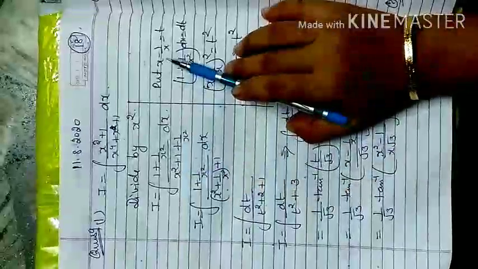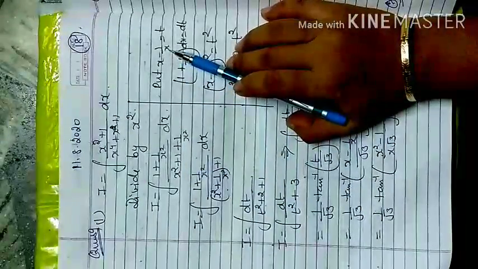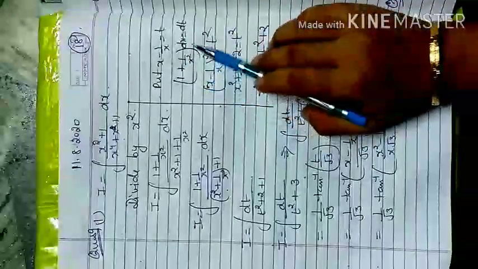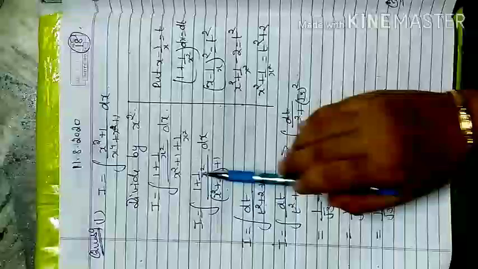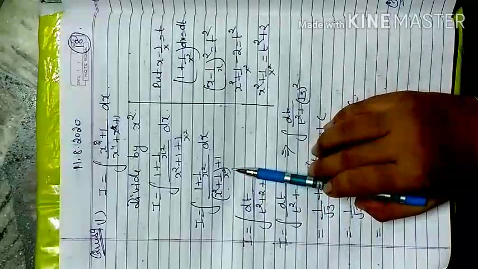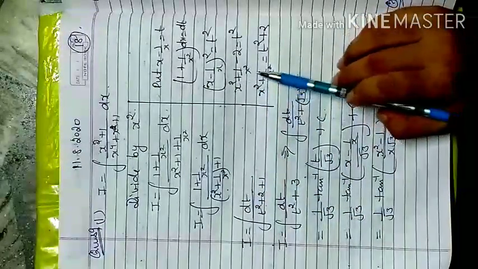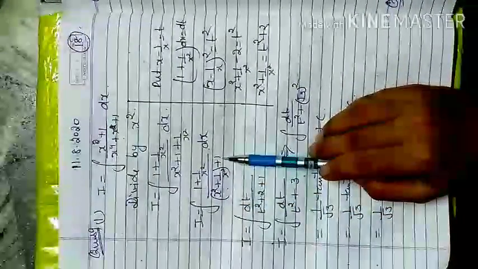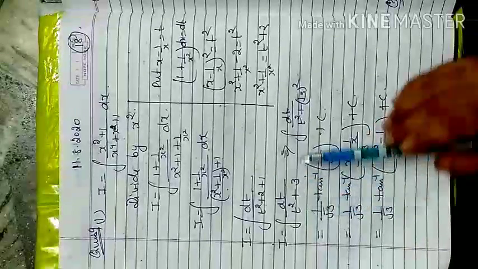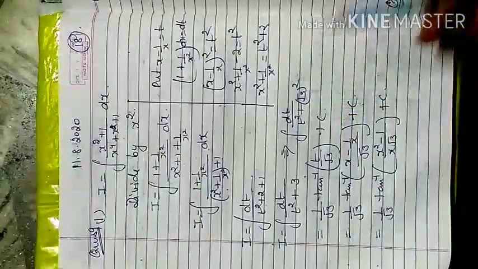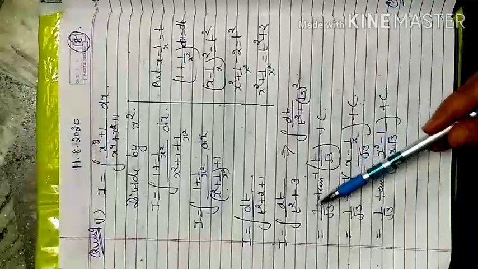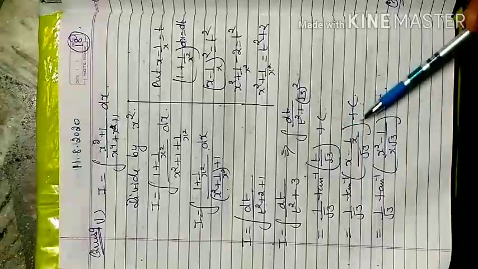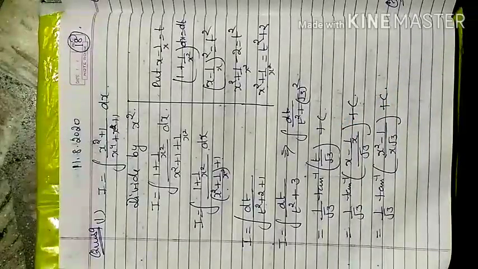So if the positive sign is there, we take the negative sign between x and the reciprocal of x, and whatever constant term is here, I accompany it here. x minus 1 by x is equal to t. Now the numerator merges into dt, and to remove this x square plus 1 by x square in the form of t, we square both sides. x square plus 1 by x square is equal to t square plus 2. This changes to t square plus 2. 1 keep as it is, because that was already present in your question. That becomes t square plus 3, which is t square plus root 3 whole square. Again the x square plus a square formula, 1 by a tan inverse x by a, gives 1 by root 3 tan inverse t by root 3. Now t changes back to x form, and after taking the LCM, that is your required answer.